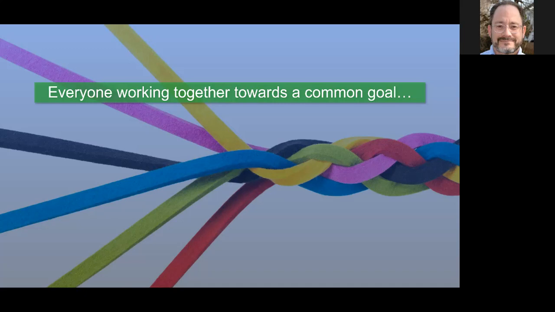But in the context of what I'm going to talk to you about today, aligning your GIS to your organization, what it is and why it's important, I think for the people at the top of your organization, the people that are running it, it really means that if the organization is aligned, everyone is working together towards a common goal. And that's really what they're looking for. And that's really the context of what I want to talk to you about today.